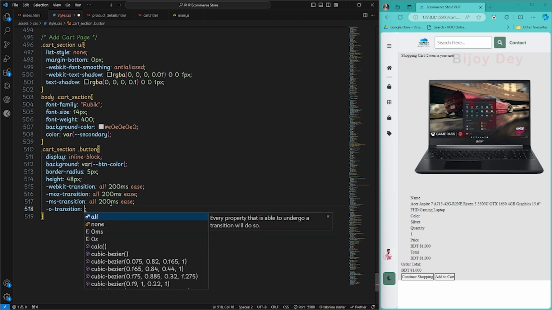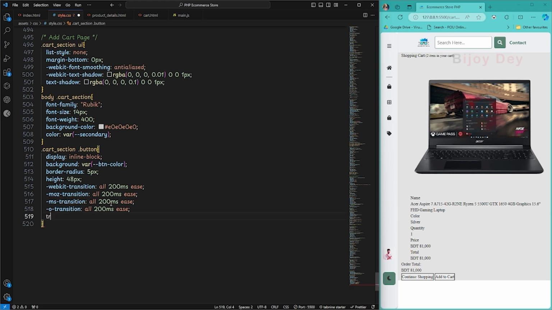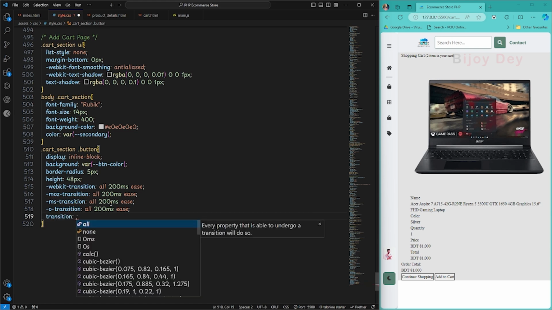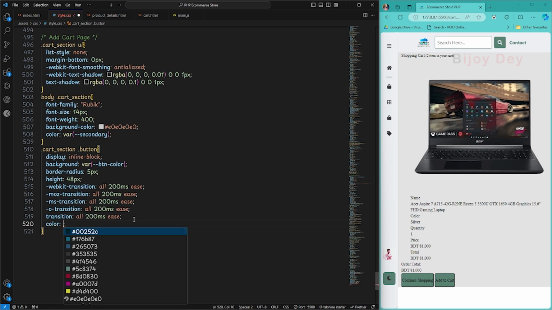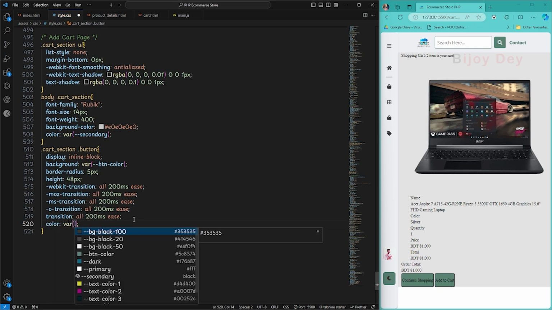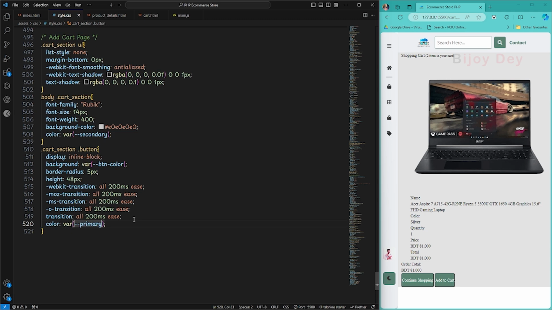And O transition all 200 millisecond ease, and transition all 200 millisecond ease. Okay,